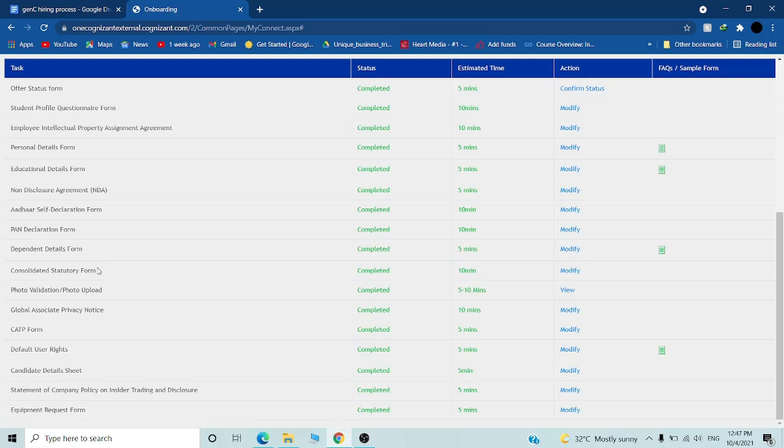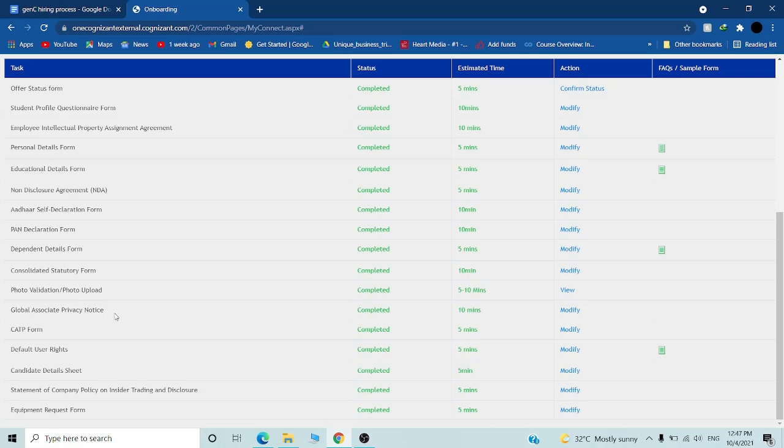So this is the photo validation form. You have to upload a photo wearing formal dress, and your background should be dark gray, otherwise they will decline your photo and you have to upload it again.